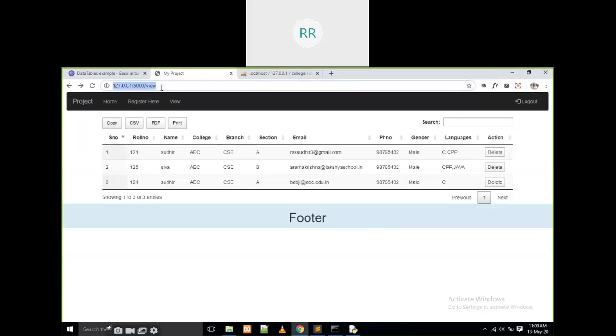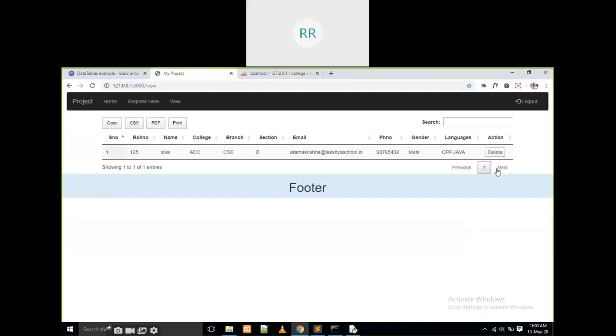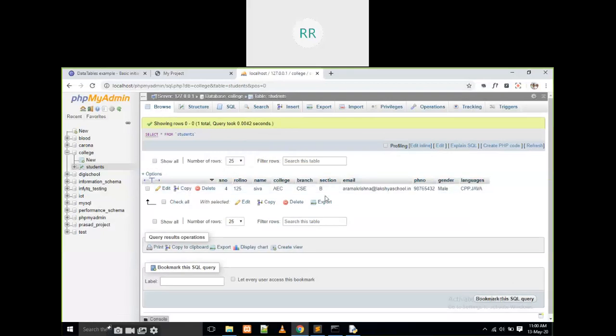If I execute it, just observe here, I am going to delete this one. Yes, is it deleting or not? Yes, it is going to be deleted. If I click on it again in the second one, it's coming and it is deleting all the records. If you observe here, if you click on browse, there is only one record. There are no records, right? That's it.